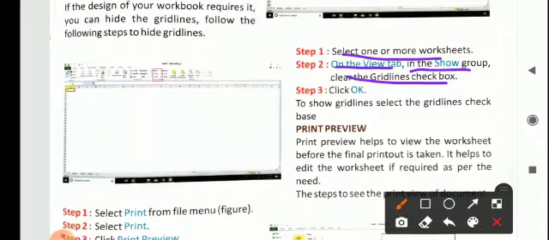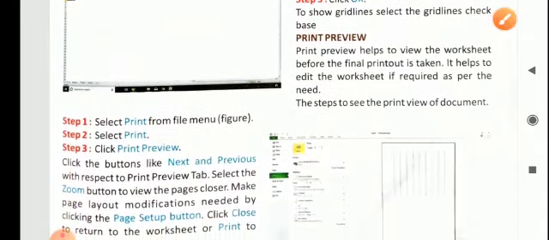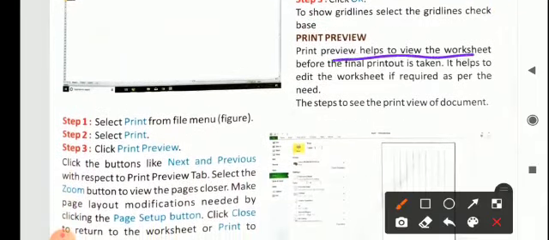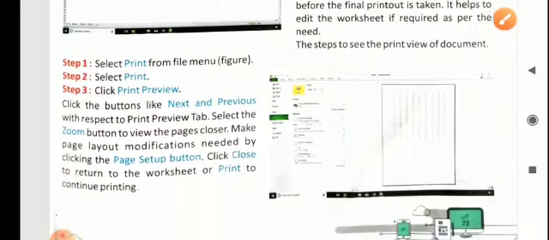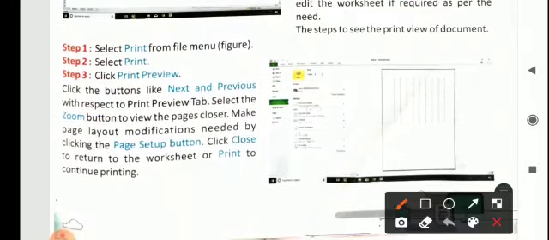Next we have the Print Preview option. Print Preview helps to view the worksheet before the final printout. So what do we have to do? From the File menu, click on Print option, then click the Print Preview option, then the buttons like Next and Previous. All of the worksheet cannot be shown at once, but you can see it by using the Next and Previous options. The Zoom button is also there to magnify and see an enlarged form of your worksheet.